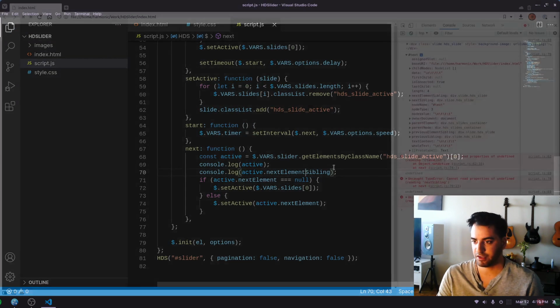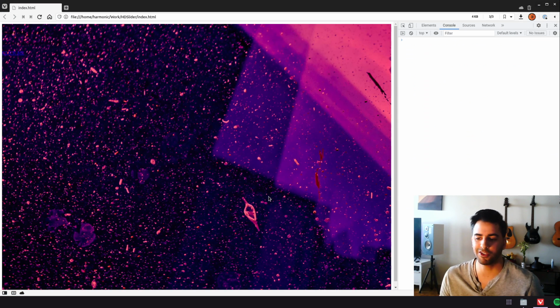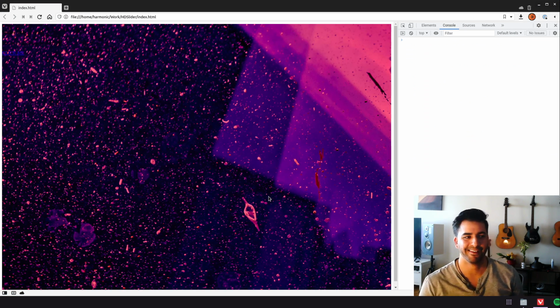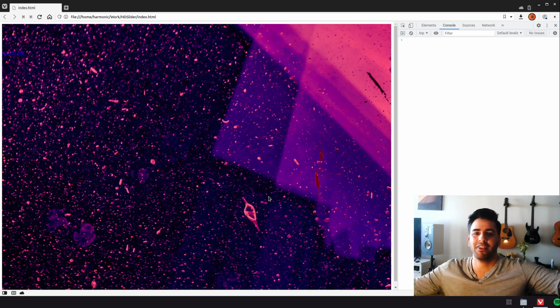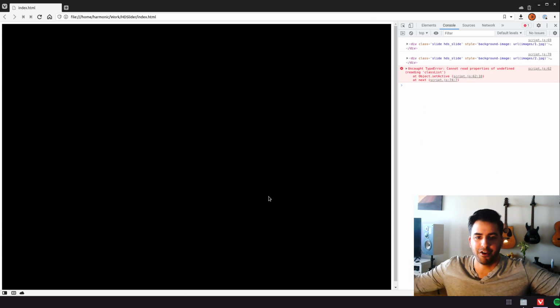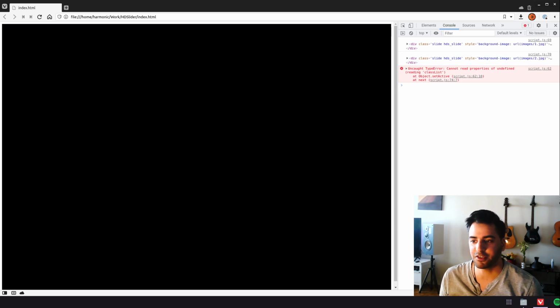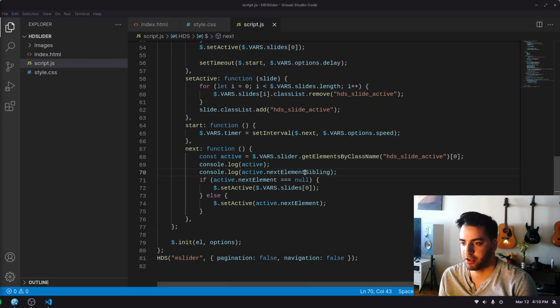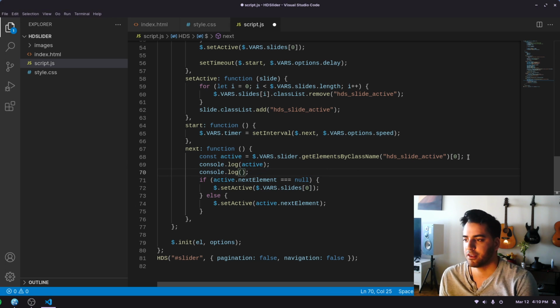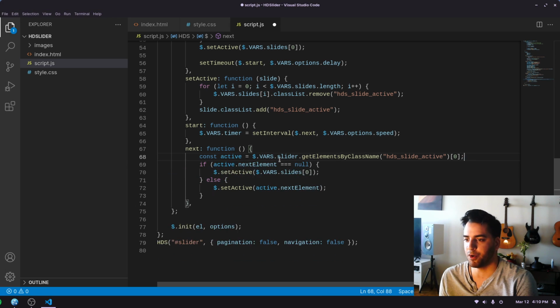I don't remember what it's called. We can always just Google it. You know what I mean? Don't be afraid to Google. If you take one lesson home from this, don't be afraid to Google. So yeah, next element. So that seems to have worked. So active.next element sibling is the thing. Sibling was definitely it, we don't want next element, we want the next element sibling